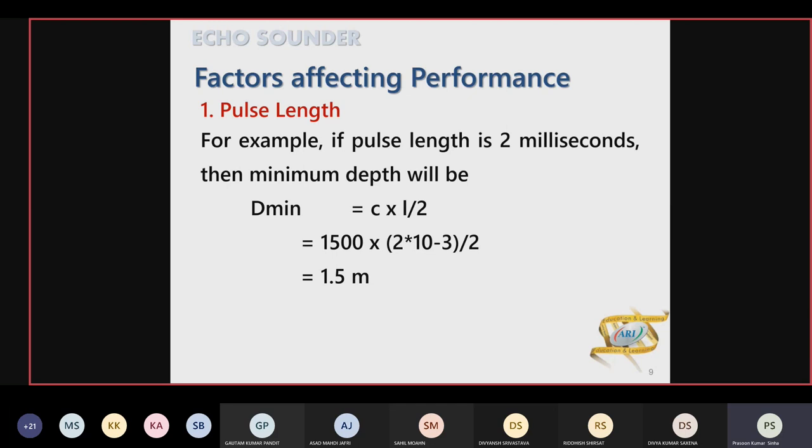जो यहाँ पे 2 into 10 minus 3 देख रहा है ब्रैकेट में, वो 10 to the power 3 है बेसिकली, 1000 rather -3, 10 to the power -3 मिली सेकेंड है। मिली मतलब 10 to the power -3।